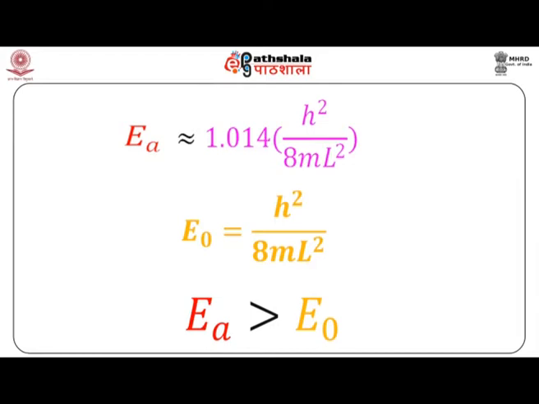trial function. Over here, for the problem of a particle in a one-dimensional box, we already knew the exact energy expression, and therefore taking this as reference, we calculated the approximate energy using a guess function to prove that the variation method provides an upper bound to the ground state energy.